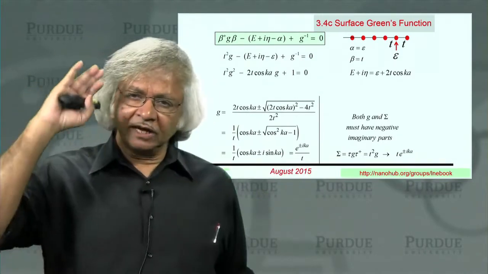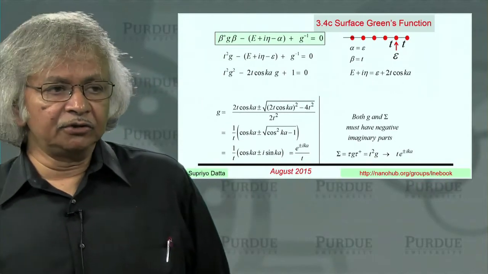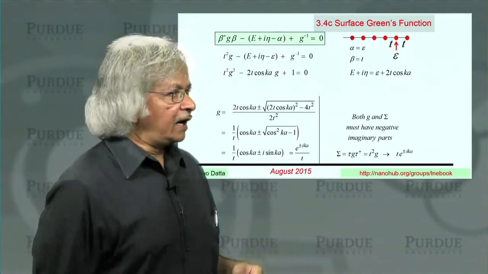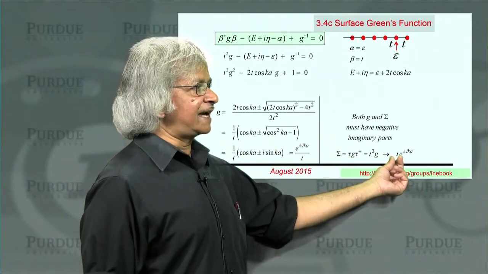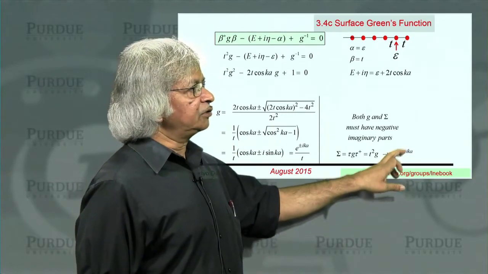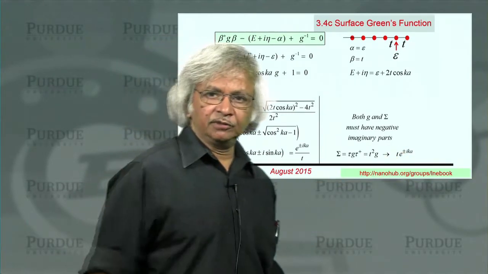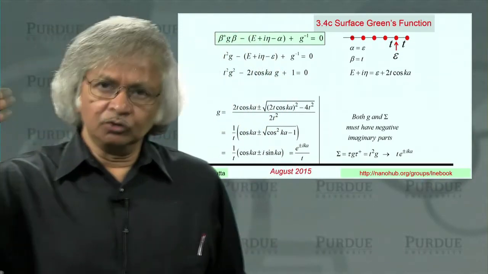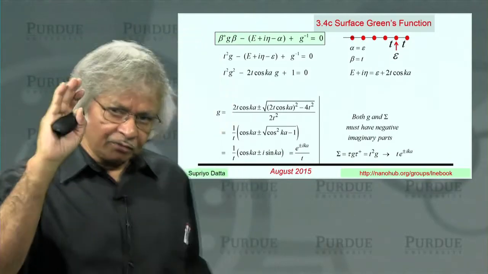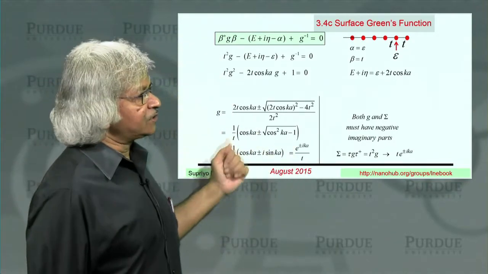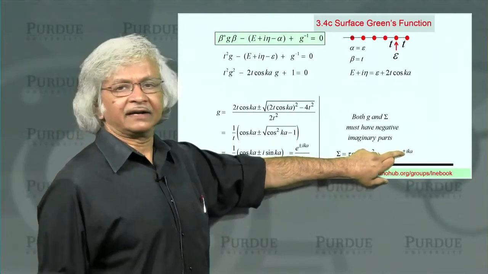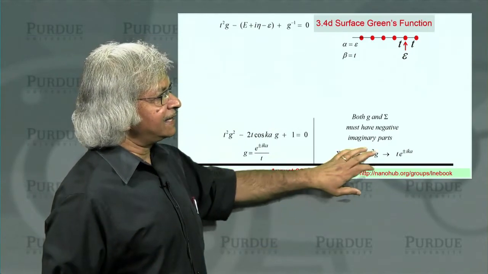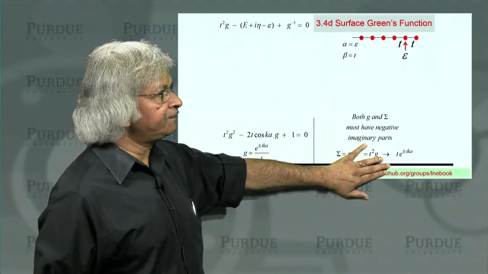Now, how did we ensure that when we were doing this elementary method back in Unit 2? Well, we said that when you come to the contact, you only take an outgoing wave. And an outgoing wave, of course, depending on the sign of t, would be either e to the power plus IKA or would lead to e to the power minus IKA. Depends on which has this correct sign of the group velocity. So this is the argument we had made earlier. Now, in this context, you might wonder, how would we select the correct sign? And that's where I'd like to make the point that in this case, you'd get the correct sign automatically